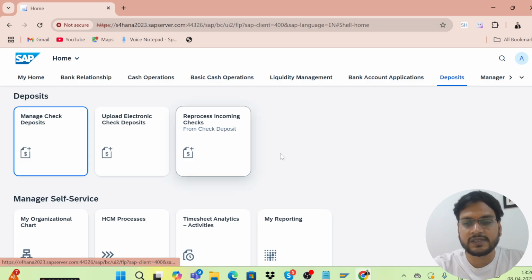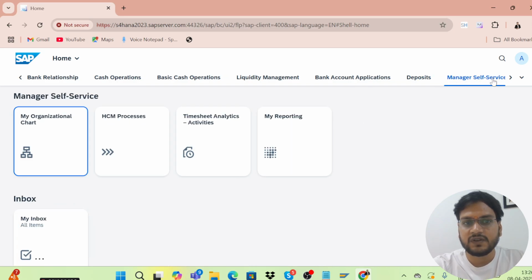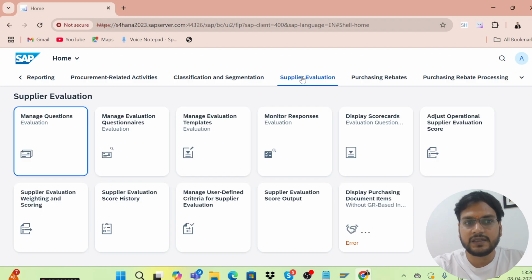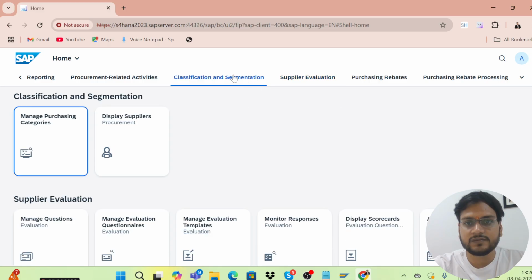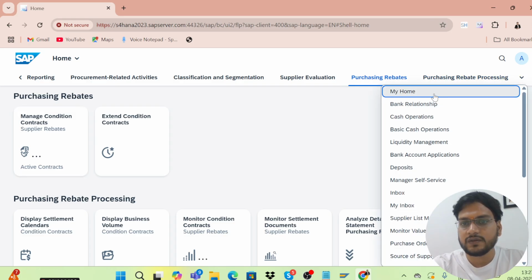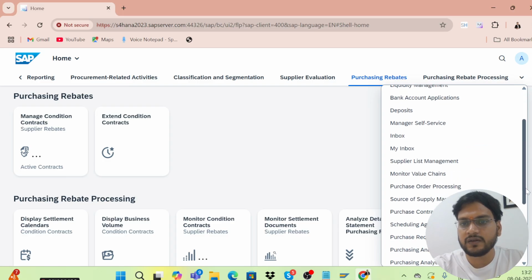For some managers these are required, so they can use these tiles. Okay. So these all are tiles available.